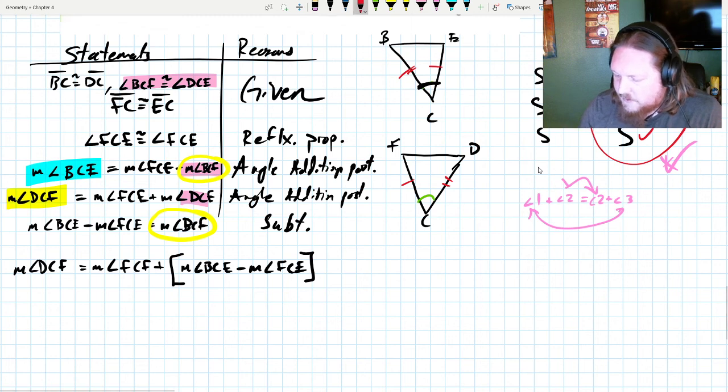And you can see the FCEs are going to cancel out. We got ourselves the measure of angle DCF is equal to the measure of angle